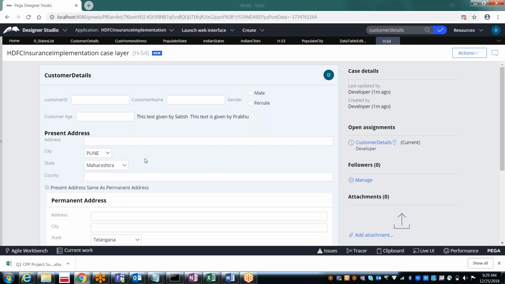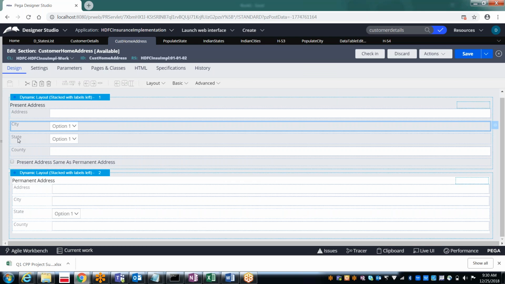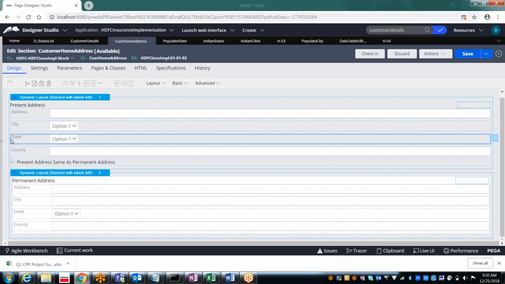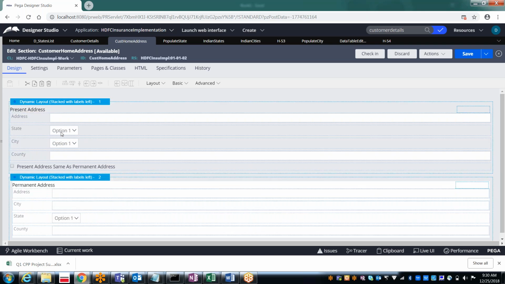Okay. So this is the way we can implement the cascading functionality. On click of one drop down, you can populate into another drop down. So in case you feel, first we'll be selecting city and later state, right? In that case, generally people's tendency is to select the first column first, so you can just move it to the top. Select this row and then move it to the top. Now state will be displayed first and then city will be displayed later.